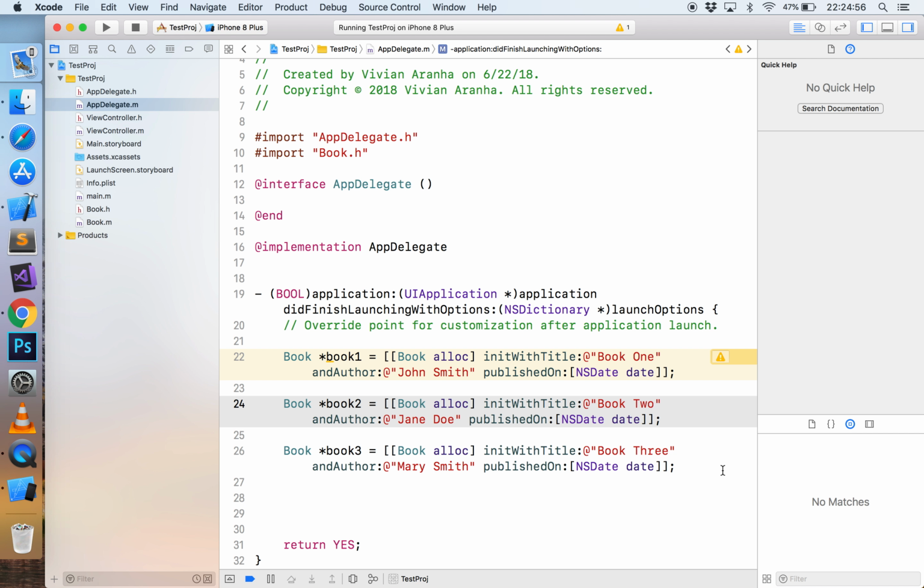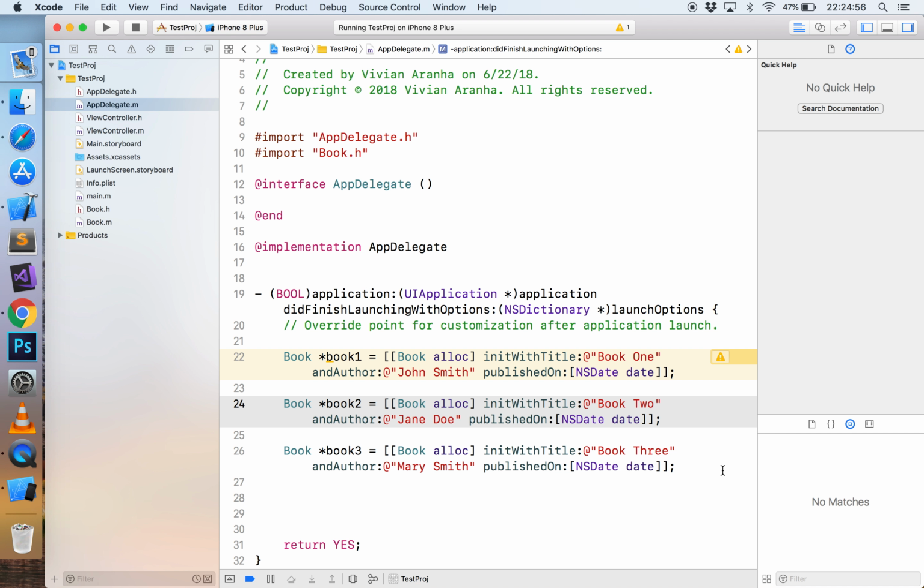If I want an ascending order, this book should come first, second and third. That's what James wants, I guess. So what I'm going to do is create an NSSortDescriptor. This is what is used to sort items. I'm going to create the sort description on, let's say,